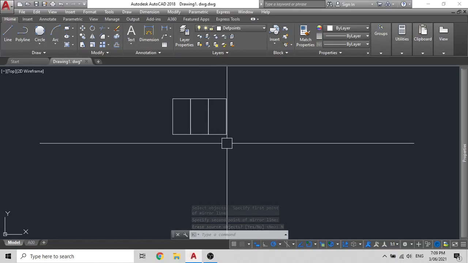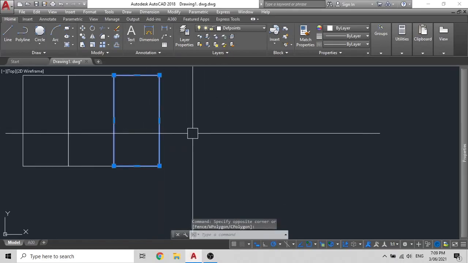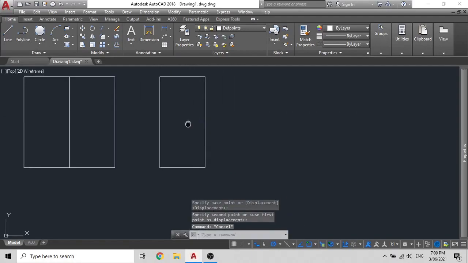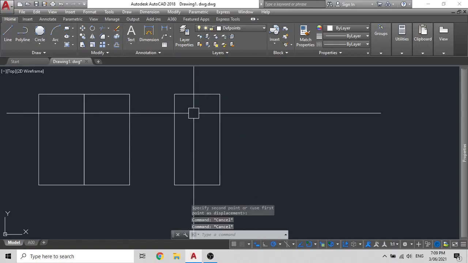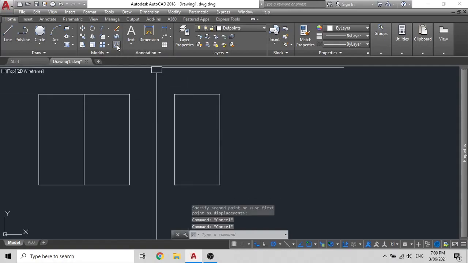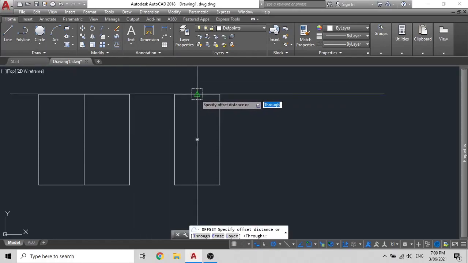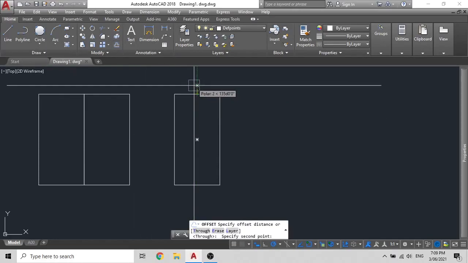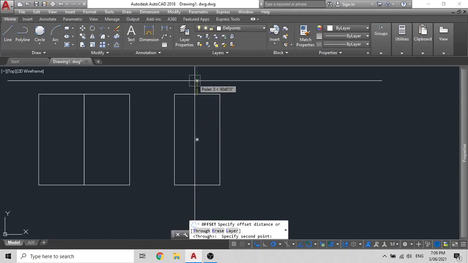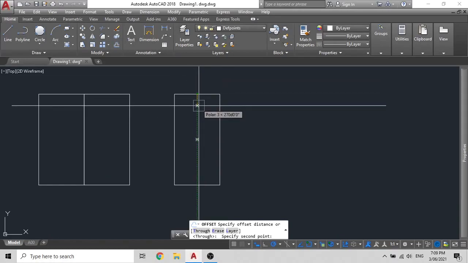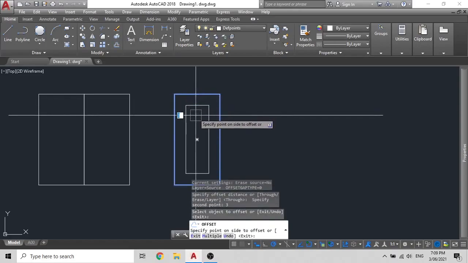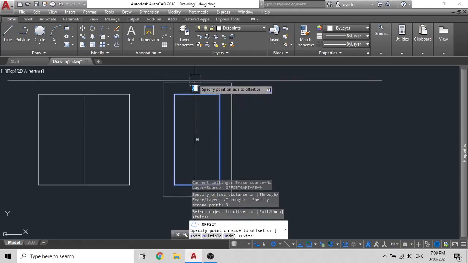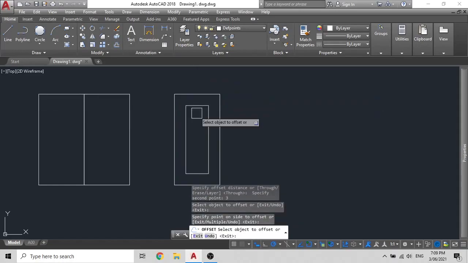Now the next item is offset. Let me show you what offset is. An offset will basically move this line inwards at a distance that is set by you. To use an offset, you can simply click here, click on wherever you wish to offset, and bring your mouse up or down. This will give the offset its direction. Then you can enter your distance. I'm just going to enter 3. Press enter. Once you do that, you can either move it 3 mm inwards or outwards. We'll leave it inwards for now.